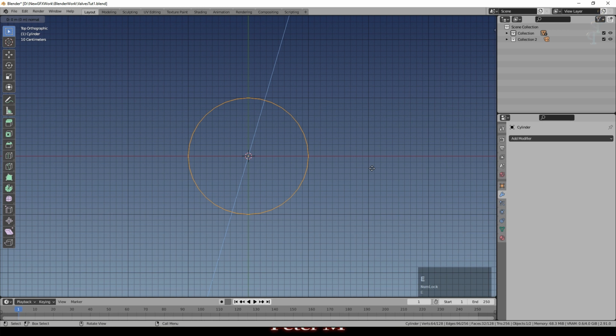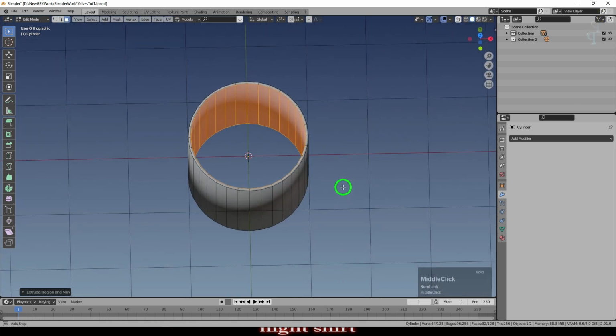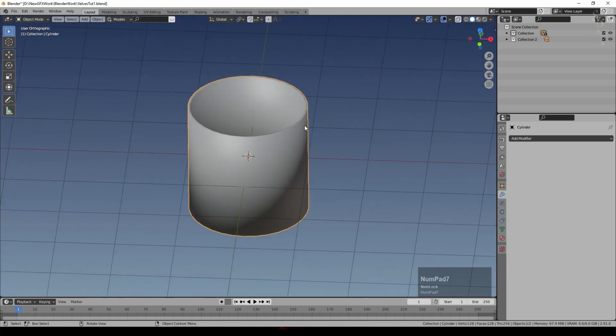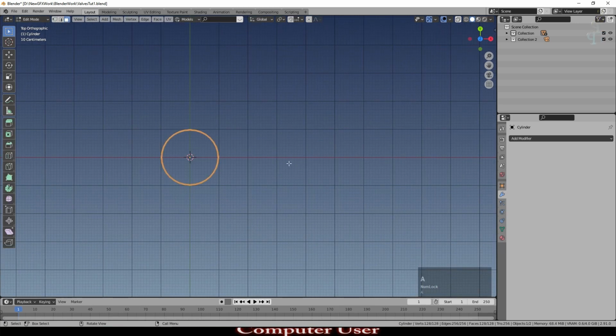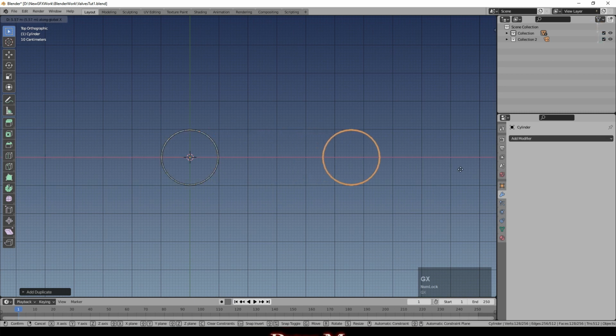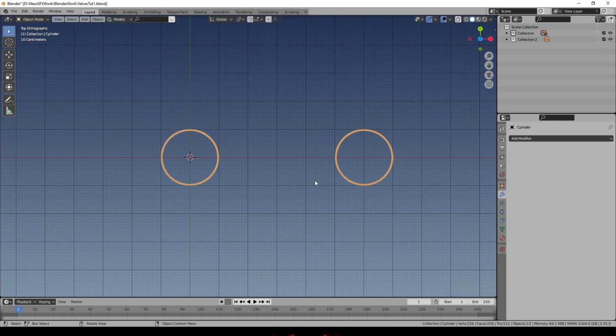is selected, then press E, S for scale, and then Shift Z. And we'll just scale it in slightly so that we've got some thickness. Now we can see our cylinder. Still in edit mode with everything selected, Shift D and G X, and just some arbitrary amount. I'm just going to push another version of the cylinder off to the right there. Those will form our two spindles around which the heaters are wound.